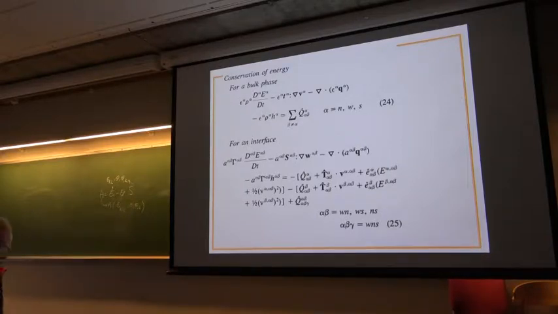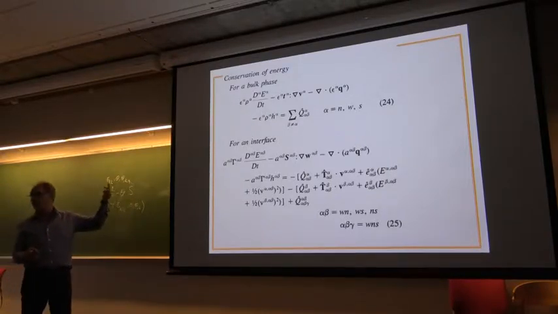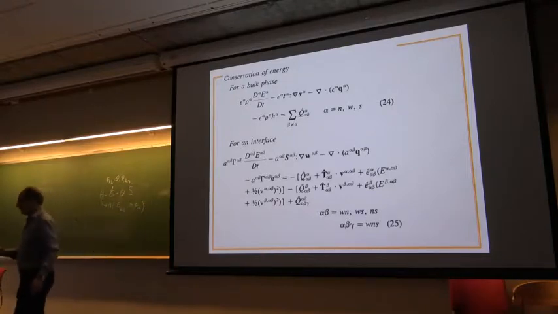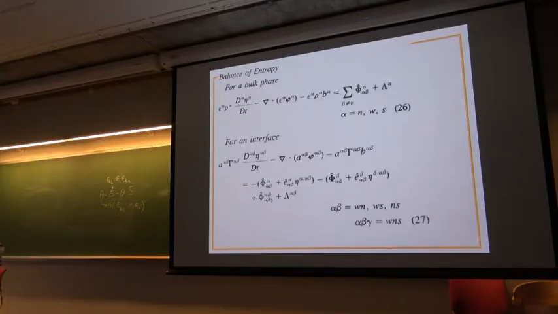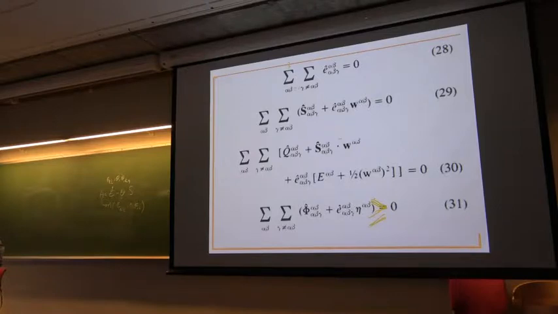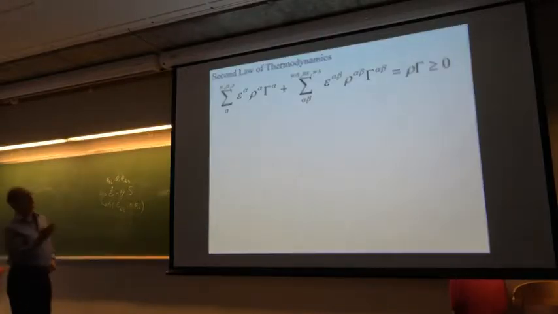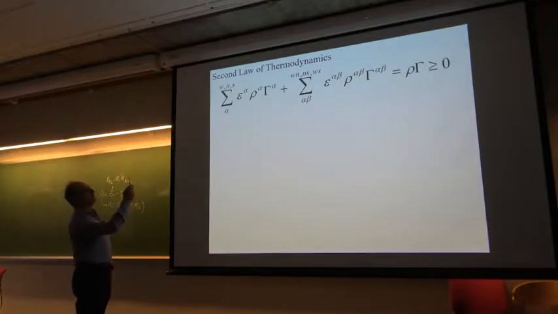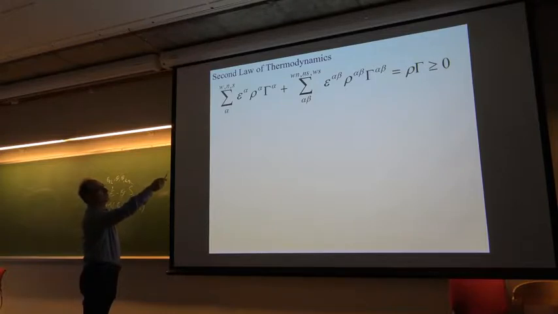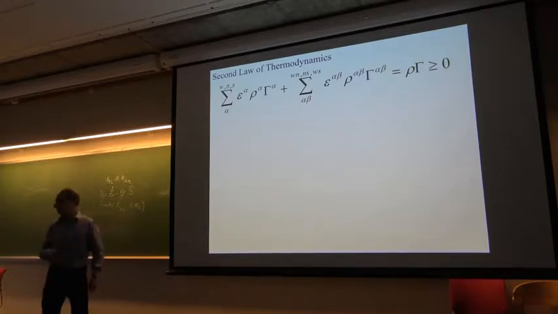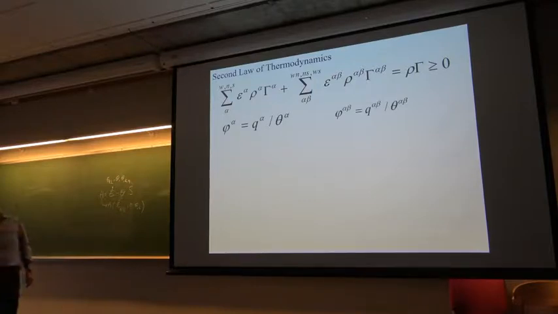Remember, even the conservation laws are not a starting point. They were derived from the molecular picture. The molecular picture was the starting point. And then we wrote this entropy inequality. There are restrictions on all the exchange terms. And the second law is that the sum of all entropy production terms for phases and for interphases must be bigger than 0. And I have expressions for all of those.